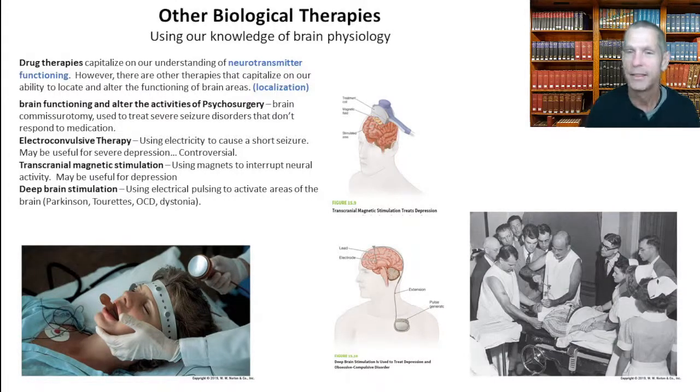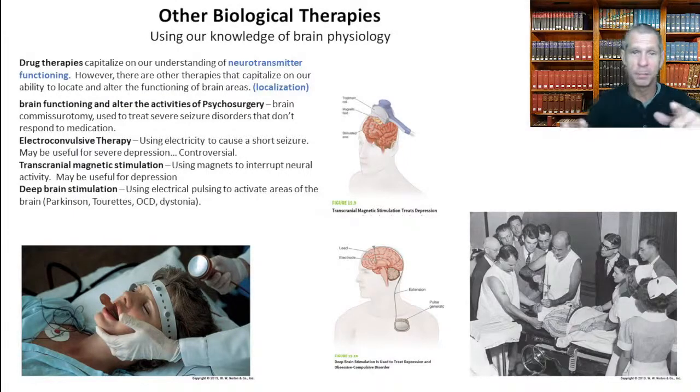And they don't do it for long. In fact, I've got a video that I can show you tonight. Pop, pop, pop. They do it and it lasts just a second. And they may do it multiple times. And transcranial magnetic stimulation has sometimes been seen as being useful for treating people with depression.